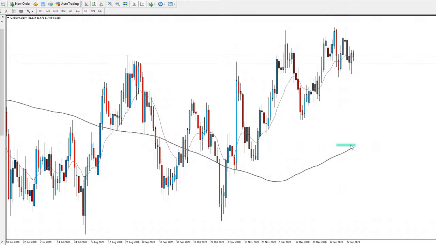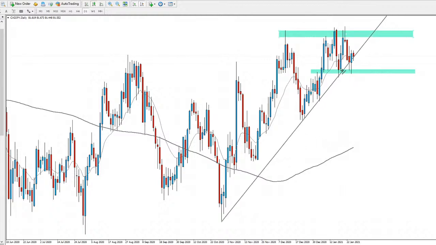On the daily though, it looks like we're stuck at that resistance up here on CAD-JPY, and we could be seeing a push to the downside. But I do think CAD-JPY needs to break through that support we have there. A break of that support could mean we're on a bearish trend in the market, because we do have this trend line here, which is still intact for CAD-JPY. Again, you can see we're resting on that same trend line. We had a bullish close yesterday, so price closed back inside that trend line. So we probably need to see a break of that support to really confirm that CAD-JPY is on its way down. I could potentially be seeing a move all the way down to around 78, because if I zoom out,